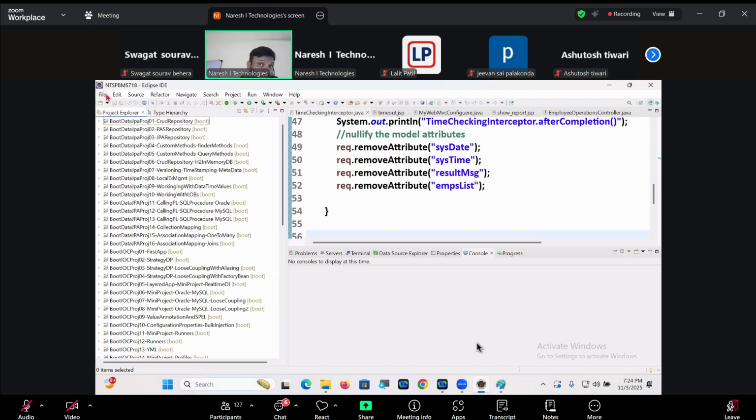When we develop a microservice architecture project, at that time we don't use Spring MVC as the front end. We use an Angular or React JS application as the front end, calling all APIs from Angular or React. Get knowledge on RESTful web services and microservices. Then you will get an idea how to call APIs from Angular or React JS. Fine? All right.